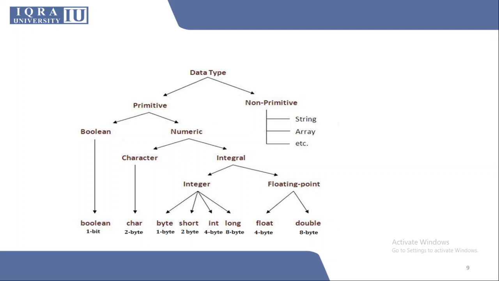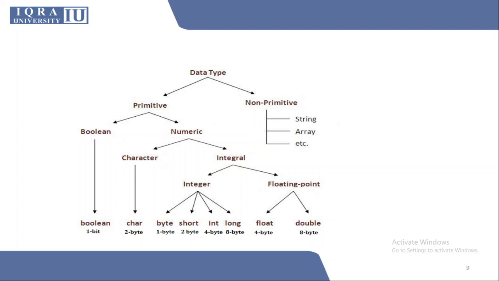We use different integer data types for numeric data, and for decimal or floating point data, we have two data types, float and double.